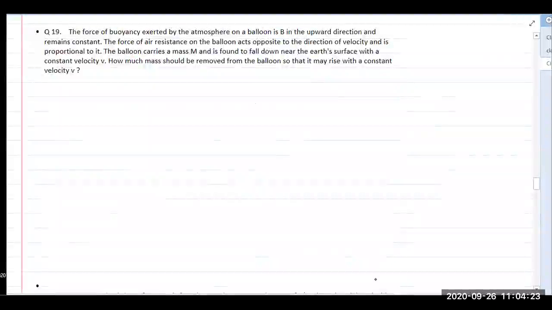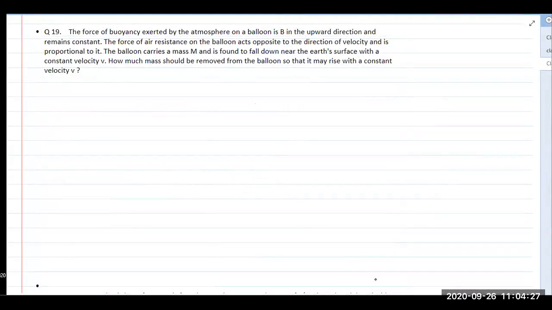The force of buoyancy exerted by the atmosphere on a balloon is B in the upward direction and remains constant. So suppose we have a balloon and the force of buoyancy is B. The buoyancy force acts upward, and the force of air resistance on the balloon acts opposite to the direction of velocity and is proportional to it. So if the balloon is rising upward,